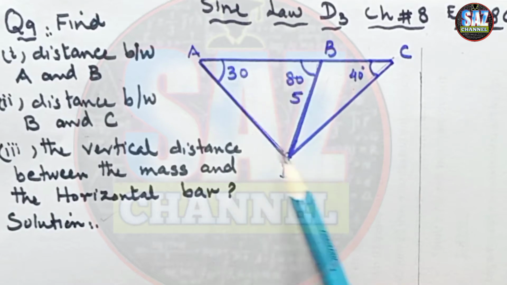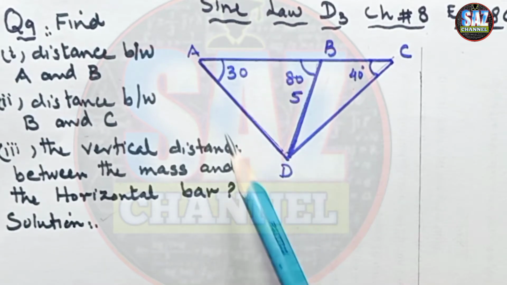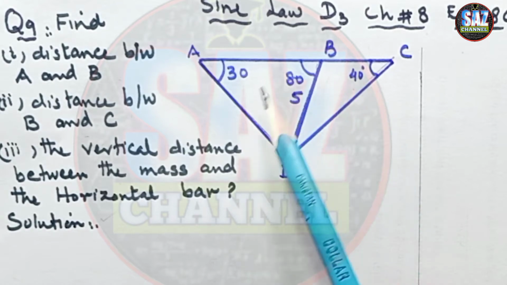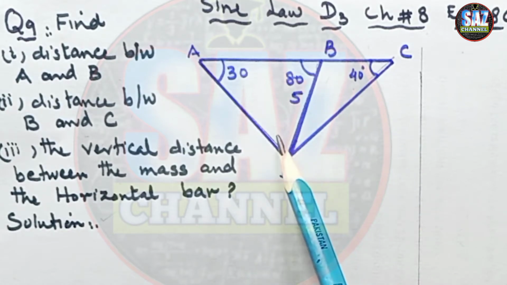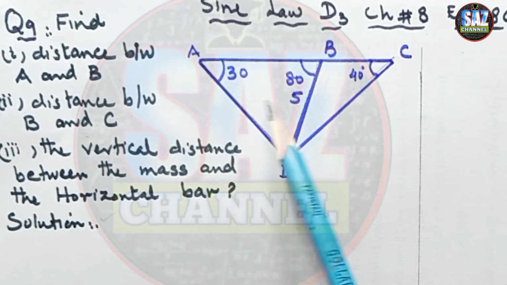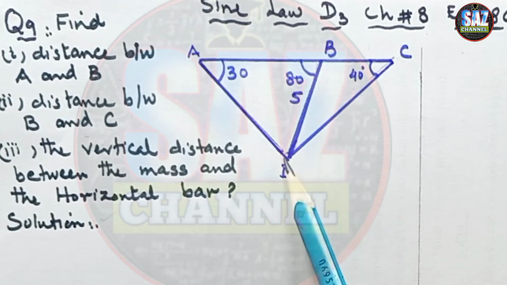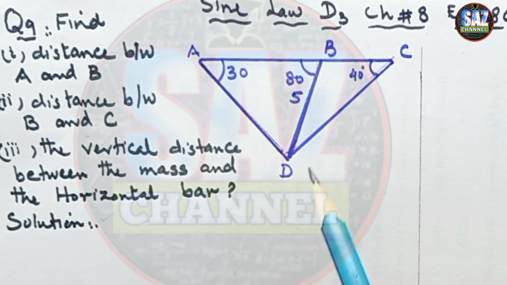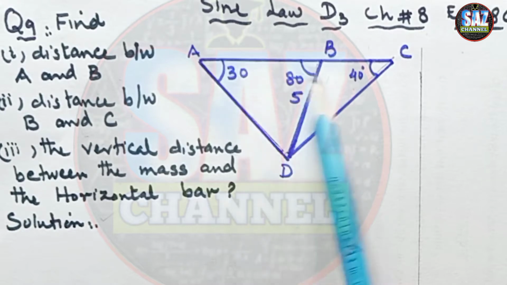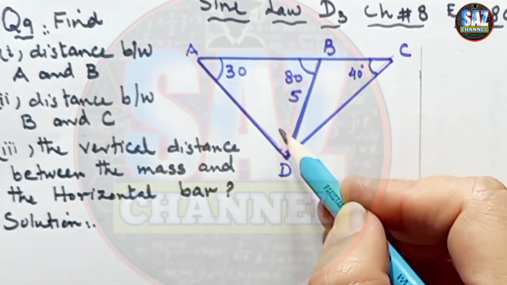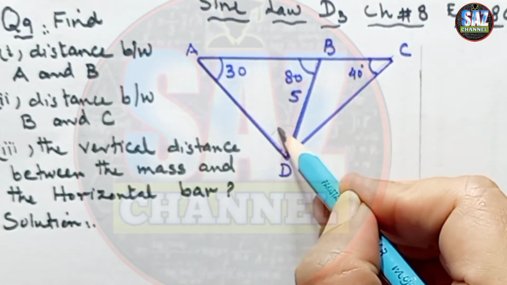First of all, I always ask my students that before starting the solution, you have to focus your attention on the diagram and see if you can find any calculations without the solution. Like if we are looking at the triangle ABD, two angles are already given, 80 and 30. So 80 plus 30 is 110, and when I take that away from 180, I can easily get this angle, which will be of measure 70 degrees.